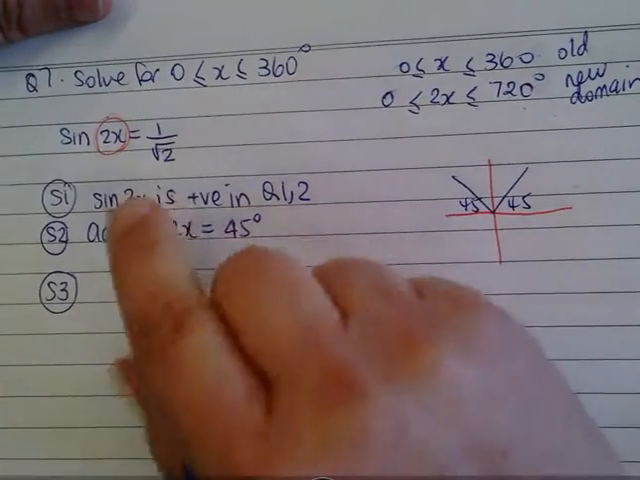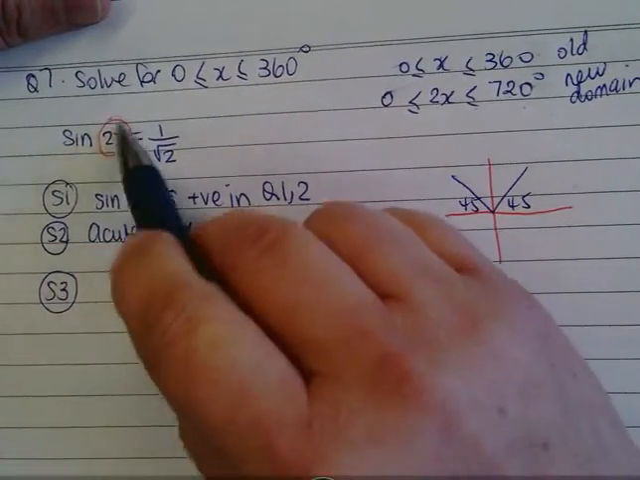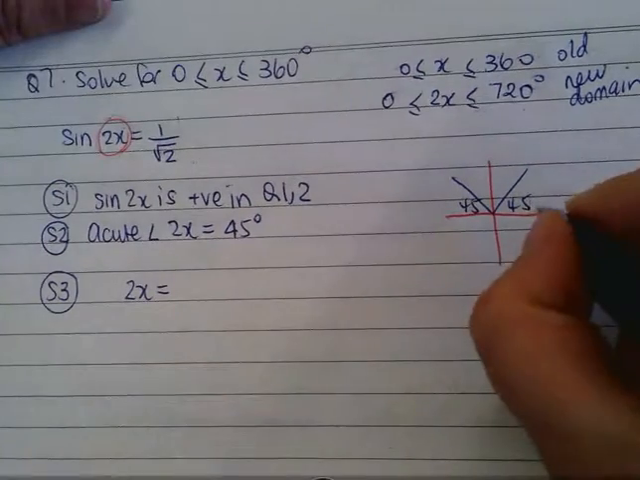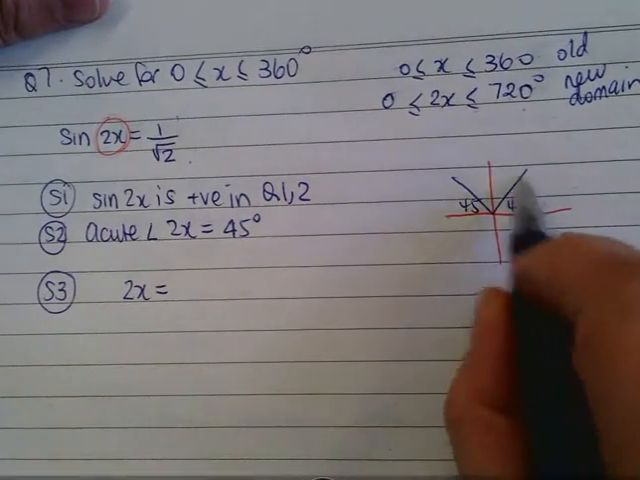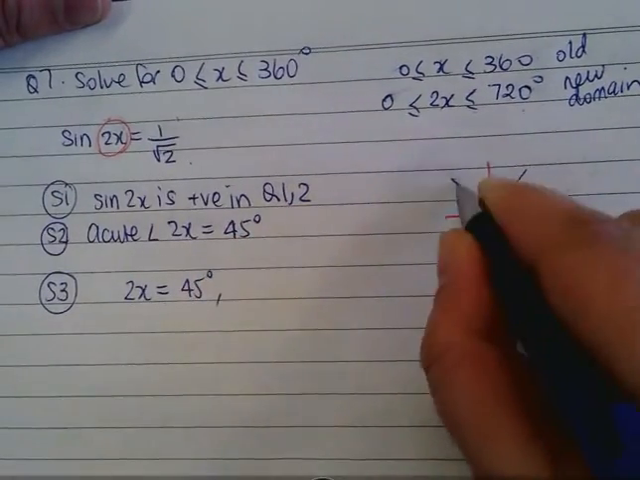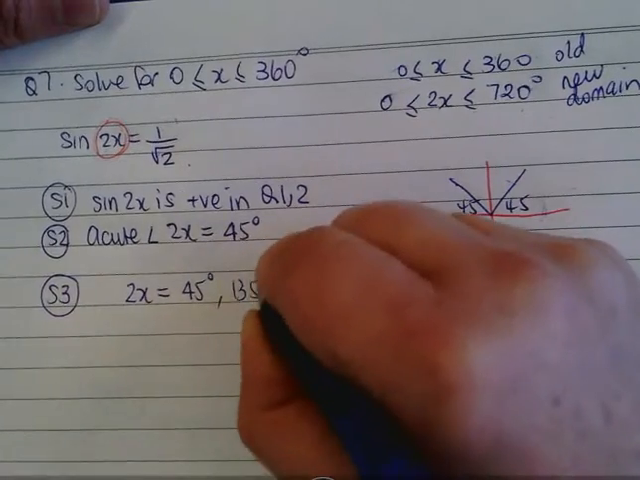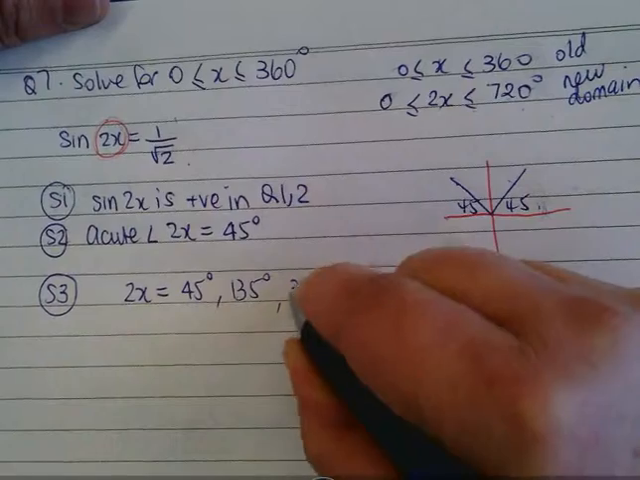So, sine of 2x is positive in quadrants 1 and 2. Sine of what is 1 on root 2? It's 45. So 2x is 45. All right, now I need to go twice around the circle, because for 2x I have to go twice around the circle. What are my solutions? Go. 2x is 45. Next. Great. And then we go around the circle, and what do you do? You just add 360 to each of those,